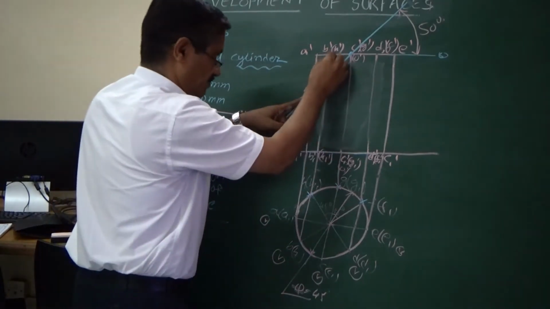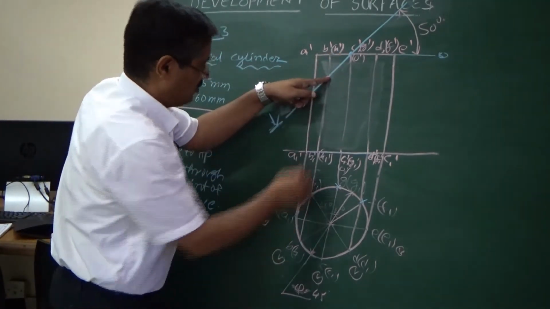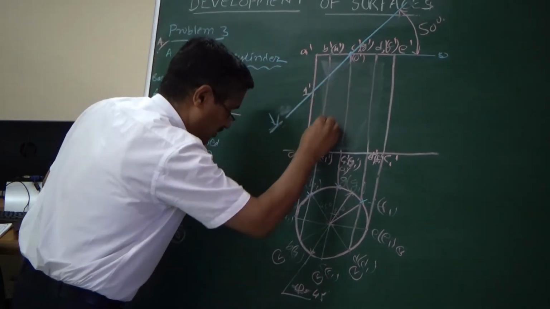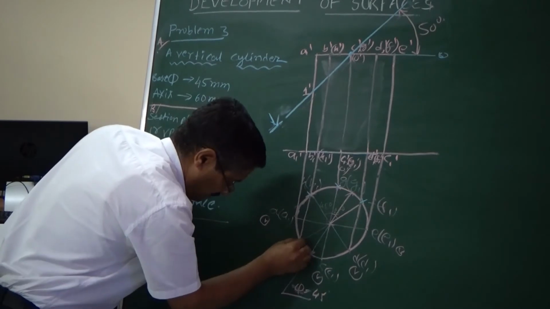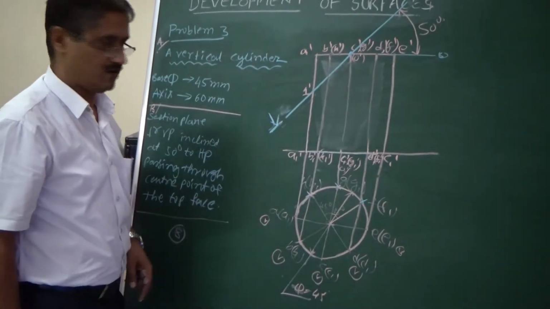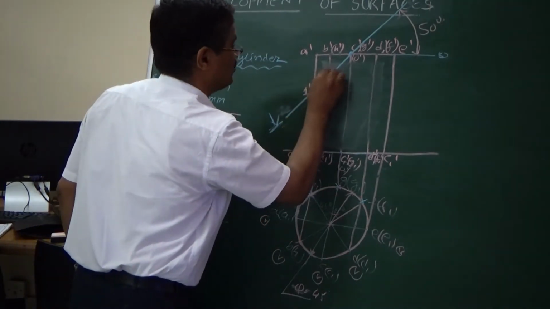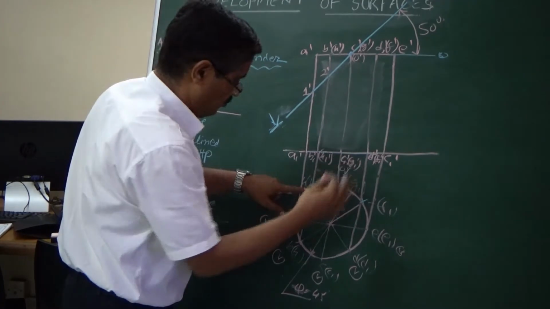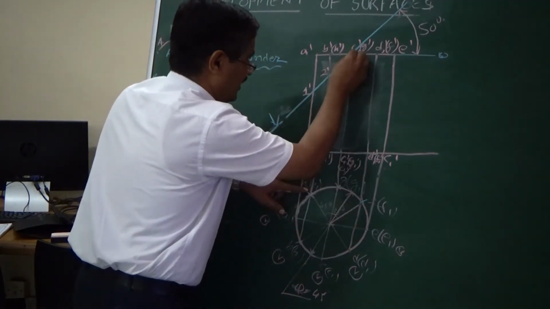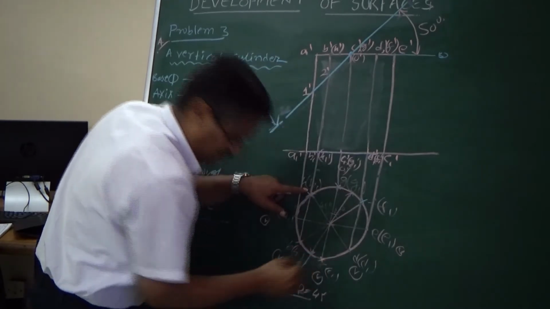For the construction purpose, we have drawn a thin line that is cut here and that. So how can you say 2 points? When you drop it down, look at this. This is one point, and the other point is this. So let me mark this visible one as 2 dash. This invisible one we will not mark. Now we will move ahead. Again it cuts here, so when you drop it down, it is cutting here and here.